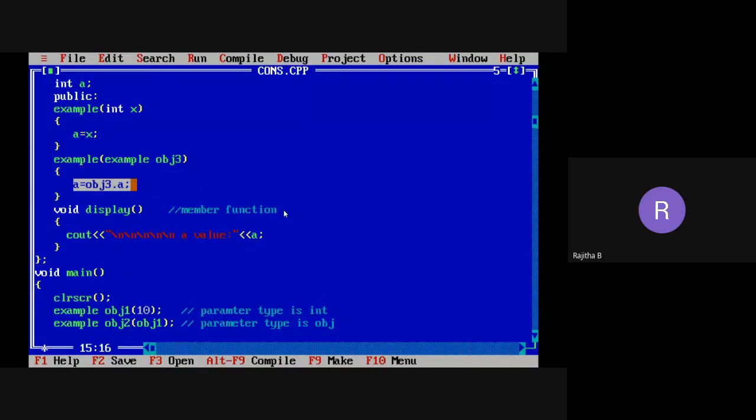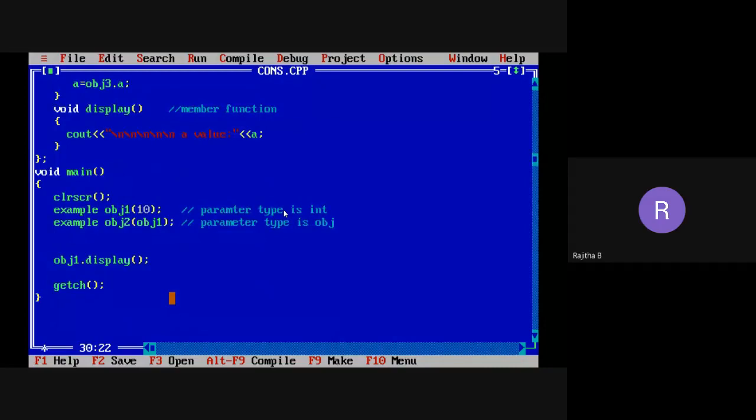Just see this statement. I'll explain this statement in the next session. And I want to take the reference variable here. Now try to compile this program with obj1 dot and obj2 dot also. I'll explain this one later.